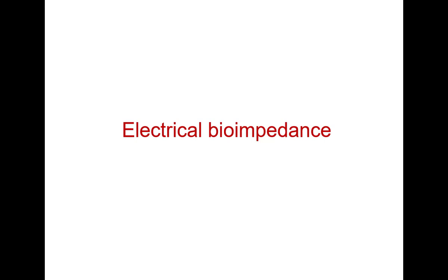It is based on change in the resistance to electric currents because of change in the fluid component within the thorax. In every stage of your cardiac cycle, the thoracic fluid volume increases during diastole and decreases during systole, because of the pumping. That causes changes in the electric current, and that is electrical bioimpedance.